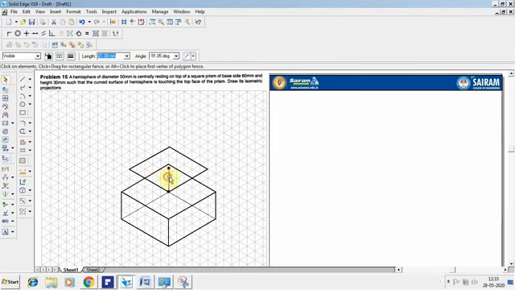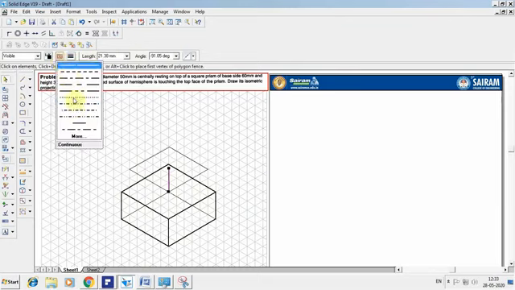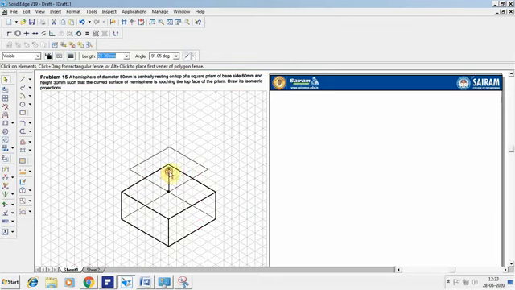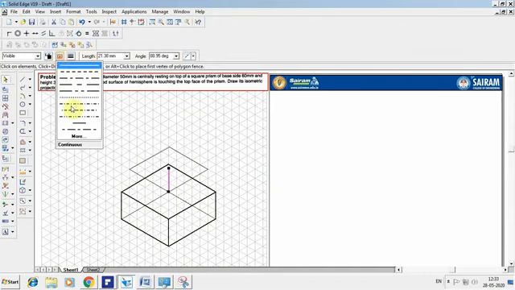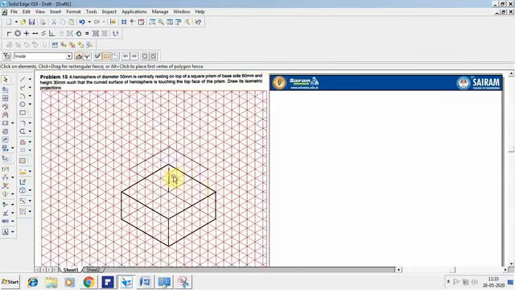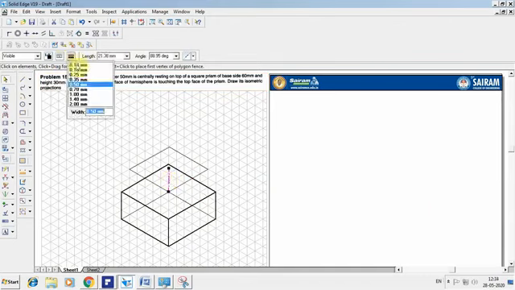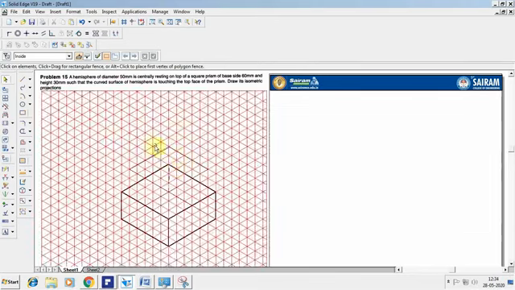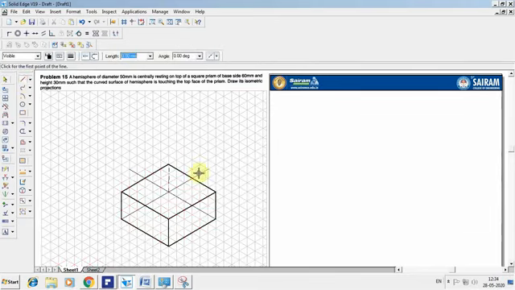These are the construction lines which are drawn. Make the line thickness 0.13. Let it be a thin line when you draw in the sketchbook also. And this I want to make as the axis line. So this is your axis line. You can draw directly in your sketchbook also, reducing the thickness and drawing a thin line. Once you've drawn this, you have to construct that into a circle.